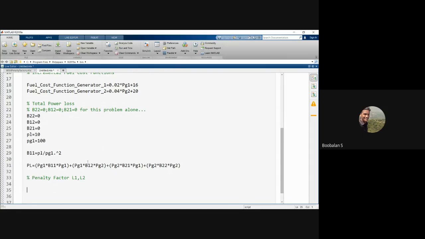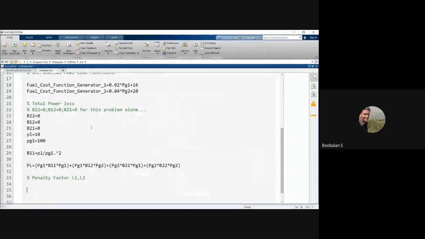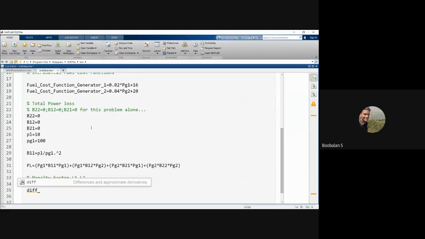For example, PL1. So we have L1, but I haven't found the L1 data yet. Before finding L1, we're just going to differentiate PL. Okay, diff. I'm still using a different variable, dp by